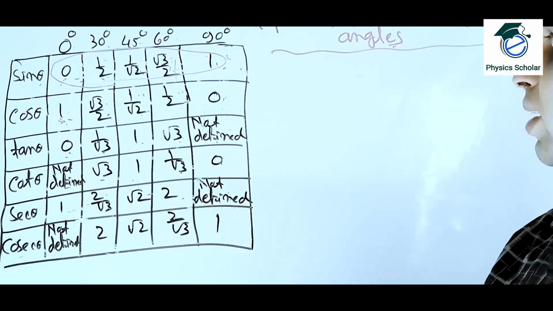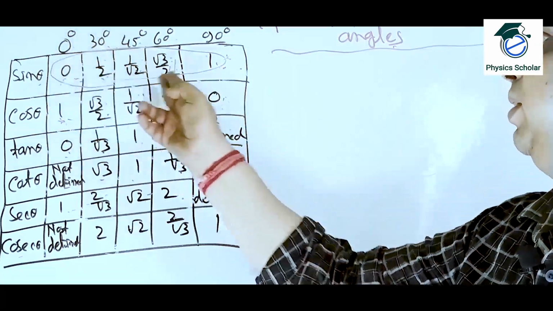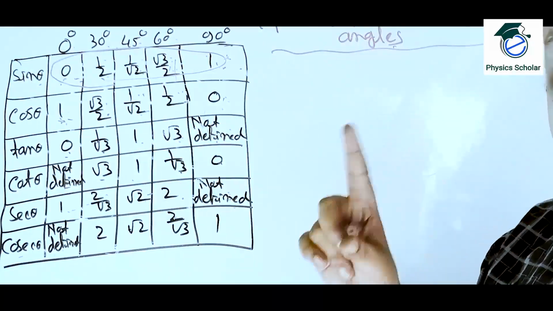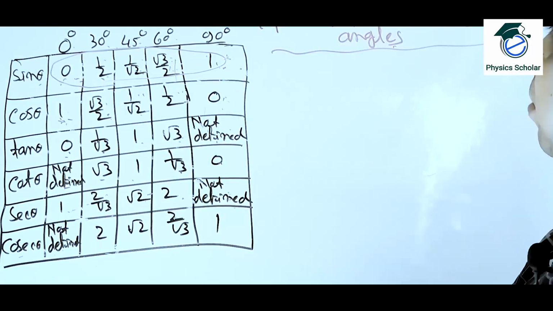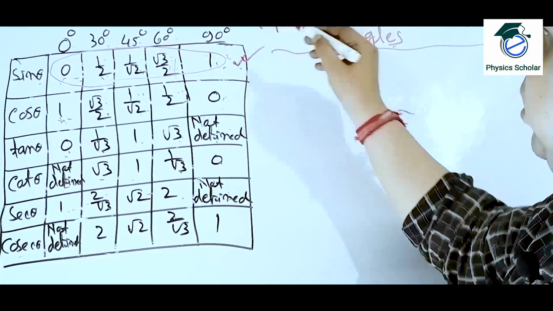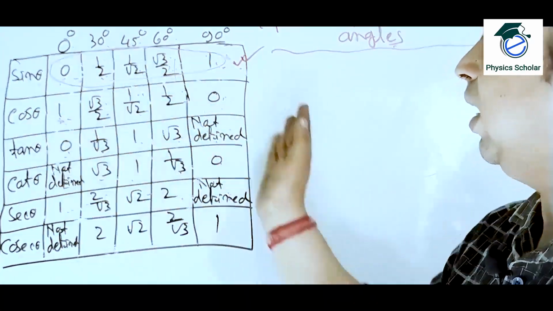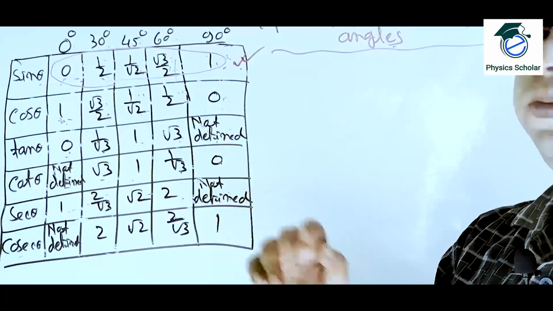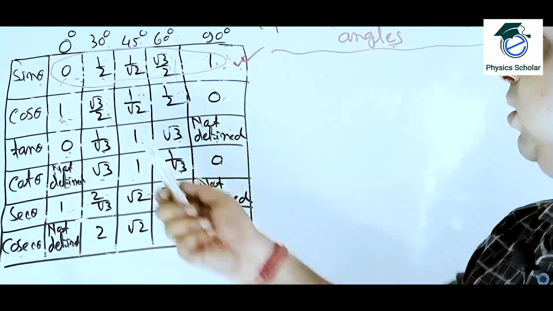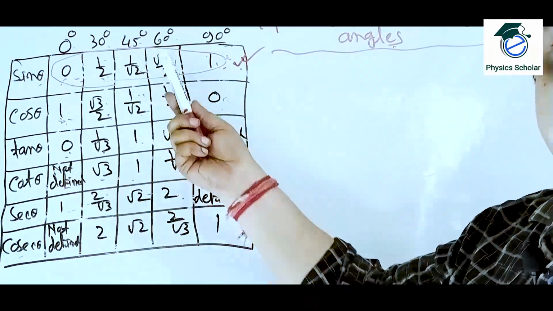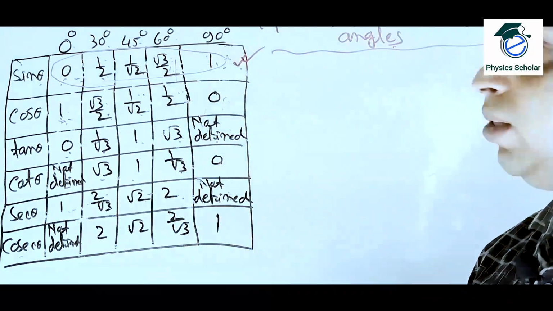So students, see, if you can memorize all the things, it is better. Clear? But still, if you can only memorize the first part, clear, then you can easily find out all the other 1, 2, 3, 4, 5. Okay, how? Because sine 0, 0, sine 30 degree half, sine 45 1 by root 2, sine 60 root 3 by 2 and sine 90 is what?